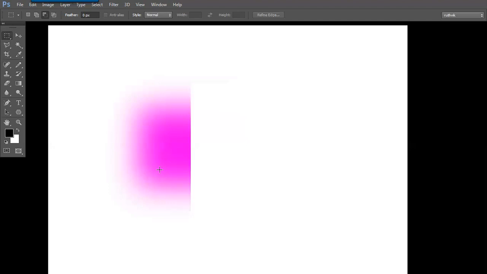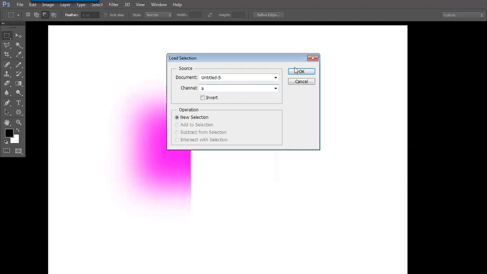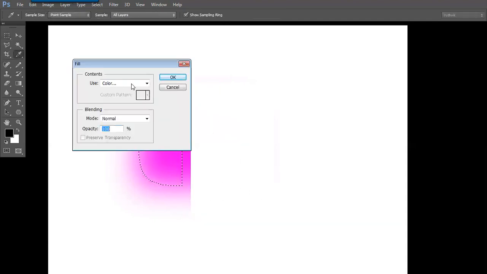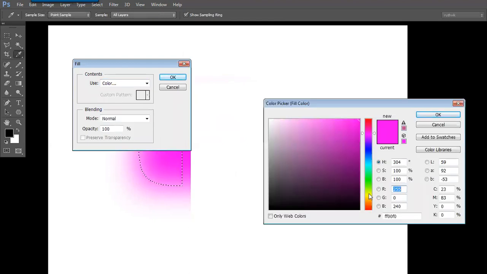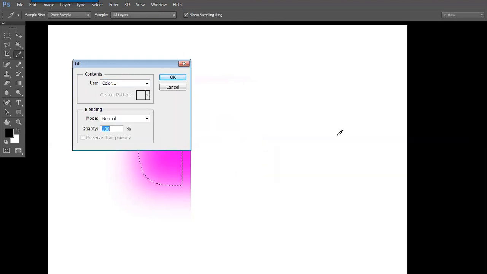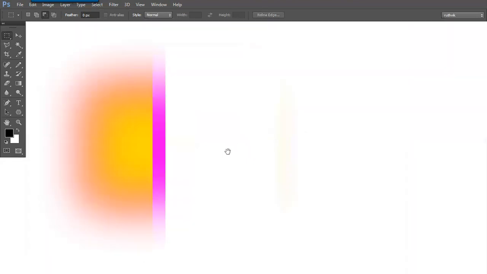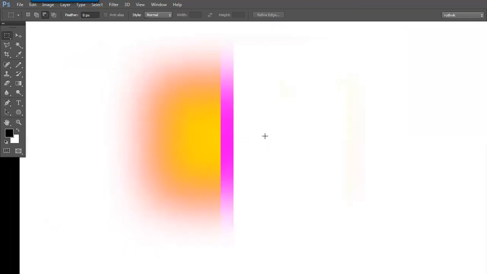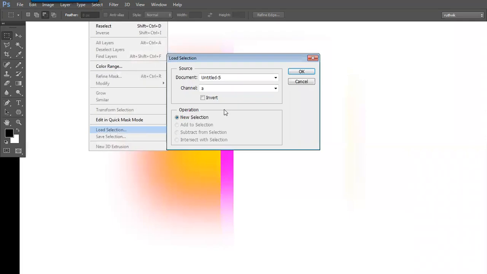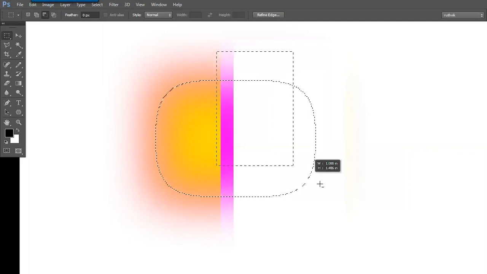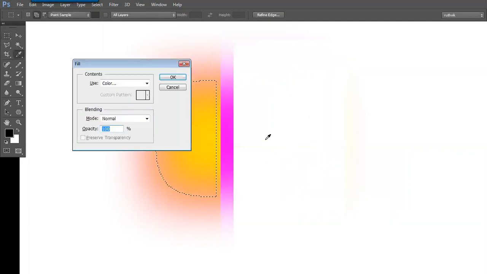Is it okay? Yes, sir. Now again load up the same selection and subtract with the sharp one, and let us fill it with some other color, maybe some dark color or any bright color. Yes. Now we have seen how to mix the color on the screen with the feathering. What we are doing is just loading the first one, subtracting the unwanted part and filling the new color.